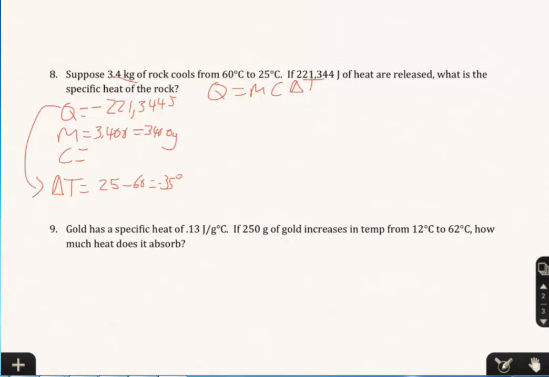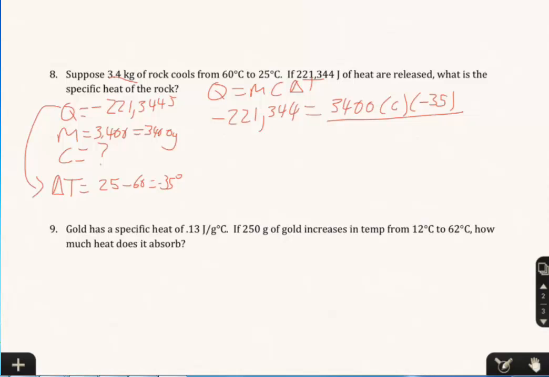And I'm supposed to find C, the specific heat of this rock. So I'm going to put in everything I know. Negative 221,344 equals 3400 times C times negative 35. From this stage, you can either decide to divide or you can multiply and then divide. I'm going to go ahead and multiply these two things together first,